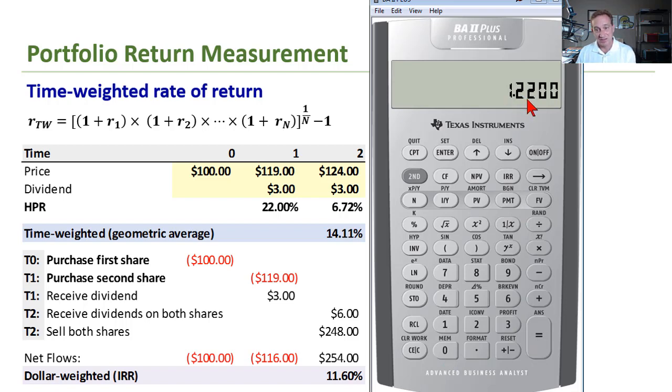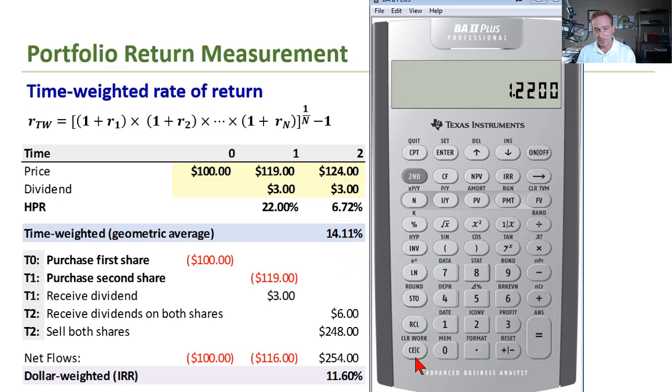And I just did that shortcut only because I know that when I link them together, I would be adding the 1 back anyway. So rather than subtract the 100 in the holding period return, I just didn't subtract it. And what I'm getting out here is a 1 plus holding period return of 22% that I can use in my chaining or my linking. So then I'm just going to store that into 1